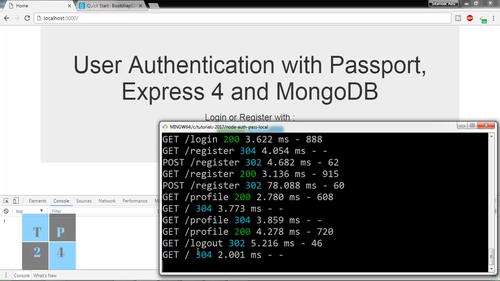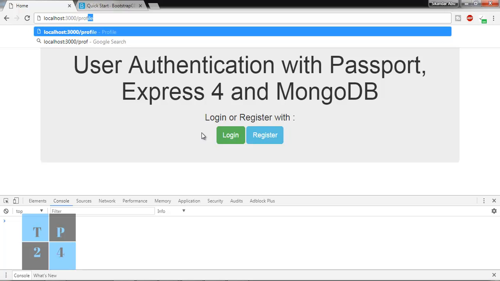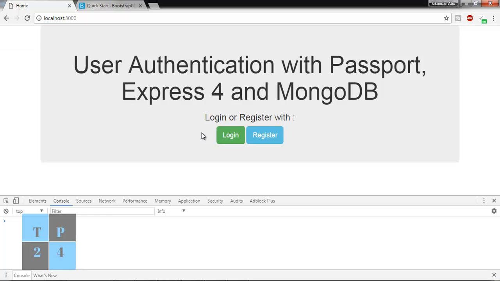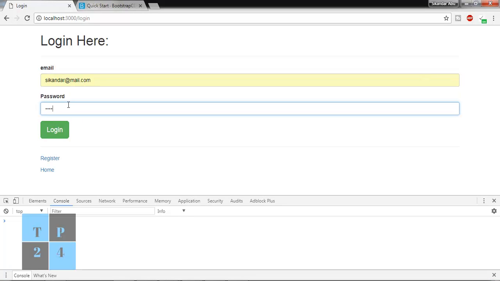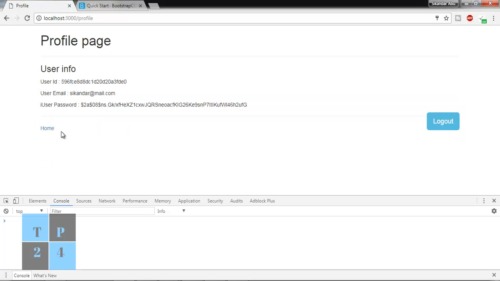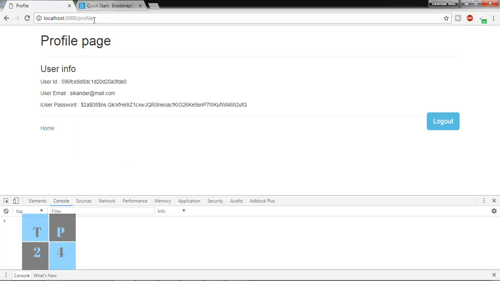And if I log out, so now I'm checking the route here, so I'm going to write profile, so I cannot go to the profile page because I am not logged in. So to go to the profile externally or internally, I must log in. So I am trying to log in. Sikandar, password, login, and going to the home page and trying to go to the profile page, and I can go